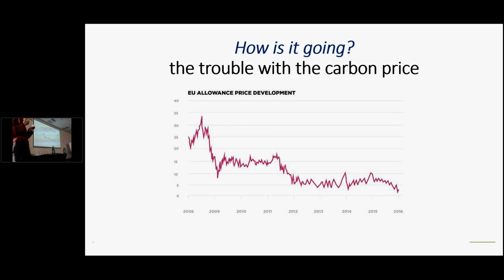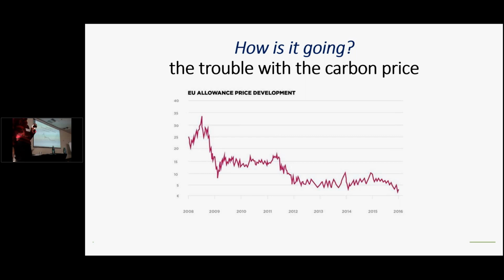Now, Poland would like to keep the number of allowances that are auctioned fairly high, because they have a special provision that allows them to give a certain percentage of that auction share free to their power sector. And they want to ensure that the number of allowances they have to auction and to give out for free is as high as possible. This is why, indeed, Poland has a position that is in line with ours, which means we shouldn't decrease the number of